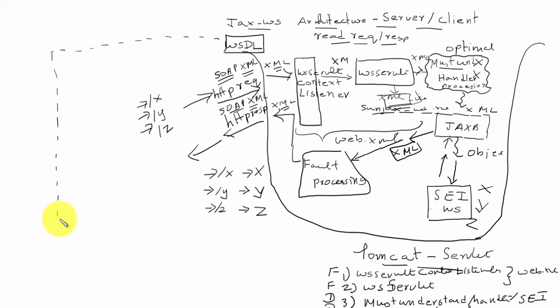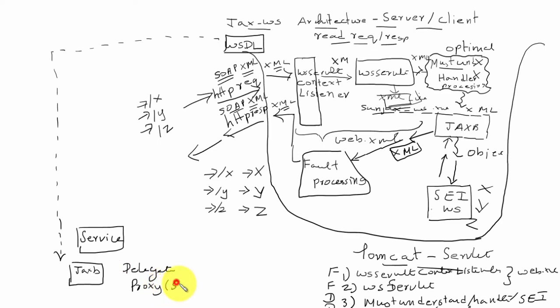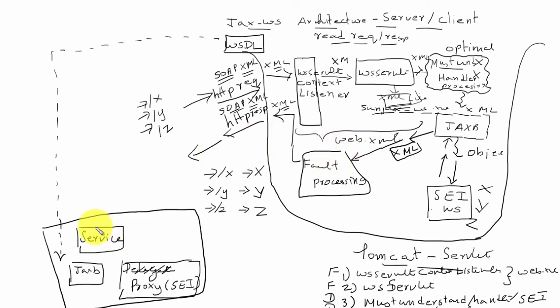We can use appropriate JaxWS tools which can generate all the client-side artifacts, as we know. The following will be the client-side artifacts: the service class, certain JAXB generated classes, and the delegate proxy, that is the proxy of the service endpoint interface. That is the client-side architecture.